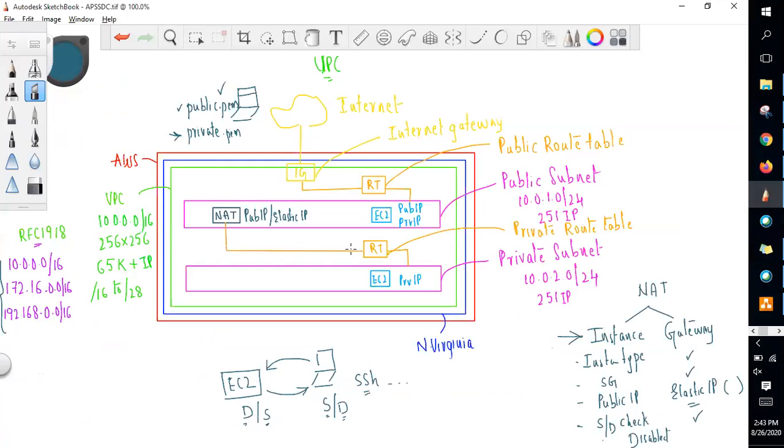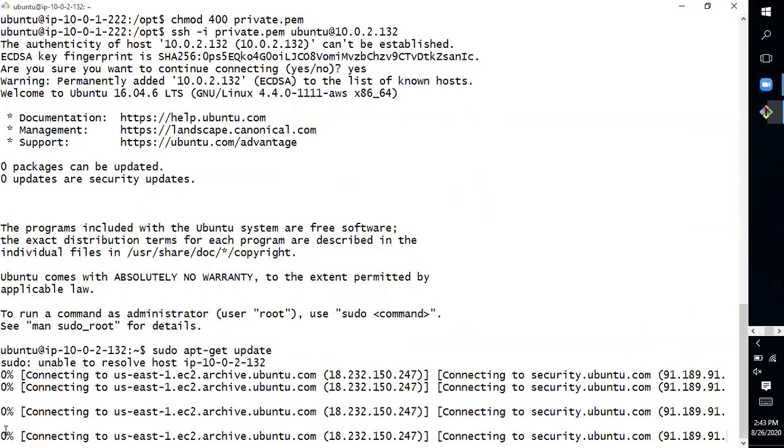Okay, then the EC2 instance will be able to access the internet. So the one which is saying connecting, it should be connected 100%. We will just see that. Okay, we'll make sure it happens like that.